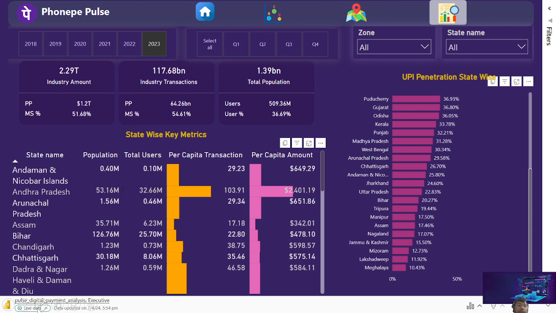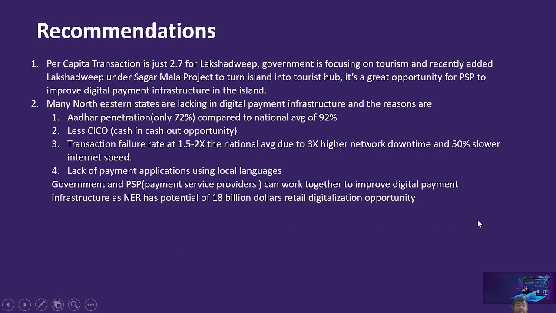Now we will look at a recommendation part. So we have seen that Lakshadweep is one of the states which is low in terms of total transactions, which are very low in this union territory. As we can see, government is focusing on Lakshadweep under the Sagarmala project. To turn it into a tourist hub, it is a great opportunity for PSP to improve digital payment infrastructure